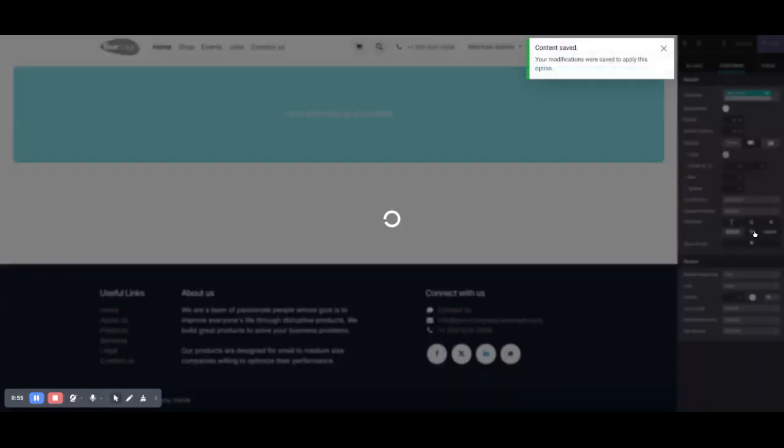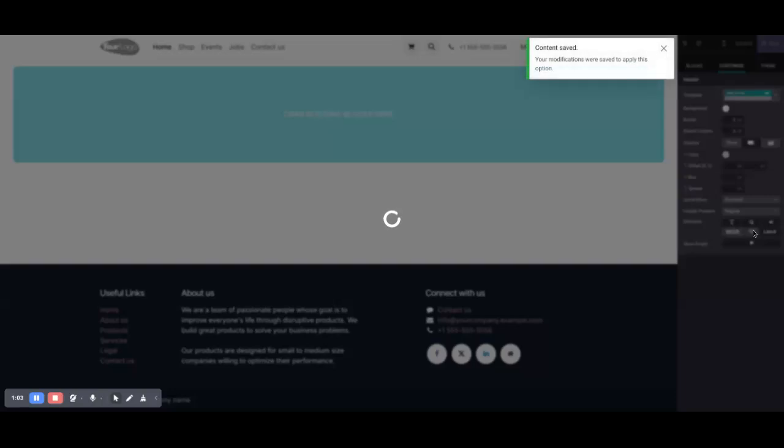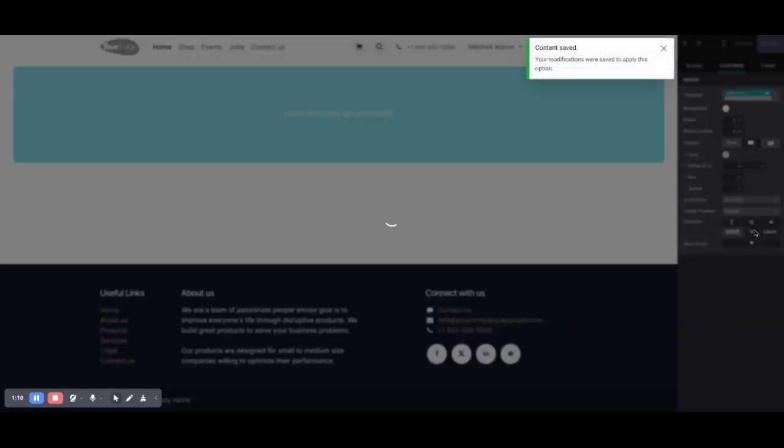hide show button. So currently it's visible and I clicked, so it's hidden. Now if I click again, then you can see it's visible, right? So in this way we can hide this button